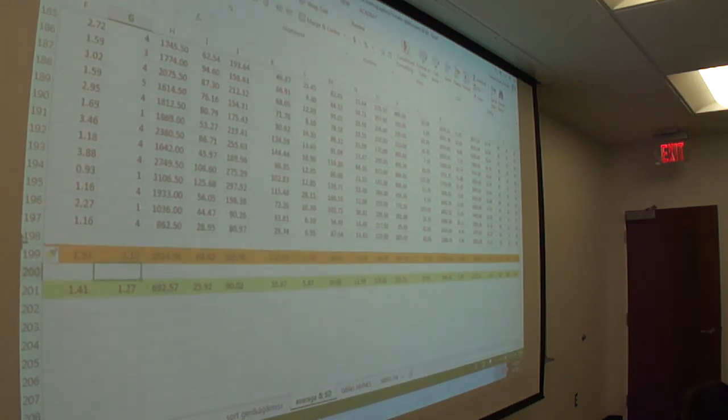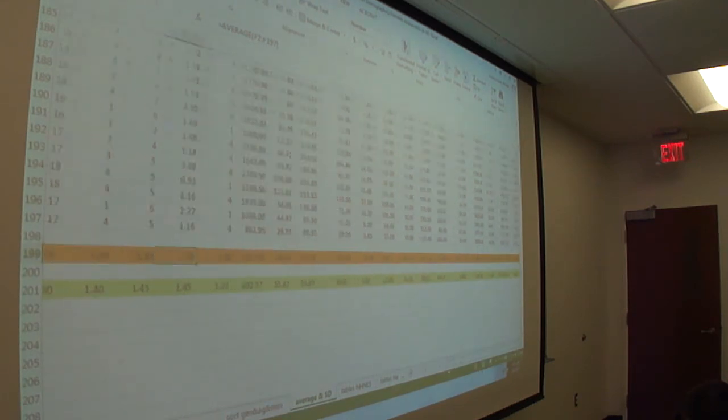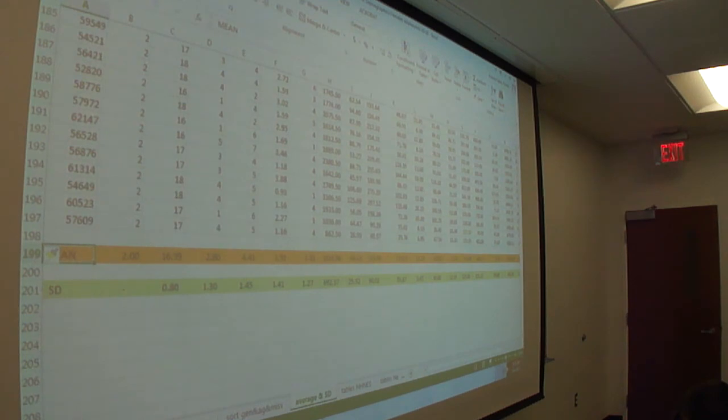We're going to create a row here for my average. The way that I make the average, I'm going to use a formula. You could calculate it in the calculator if you prefer, but Excel is going to save you a lot of time. I just select the cell for my first variable. For the sequence I just put nothing, because that's not a variable, it's just a number between the five people. So the way I did it, I just added a formula here, and it's pretty easy. You select the row,